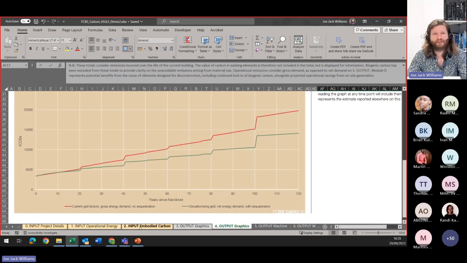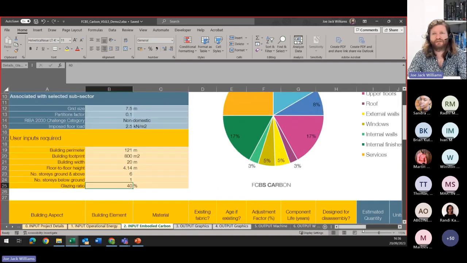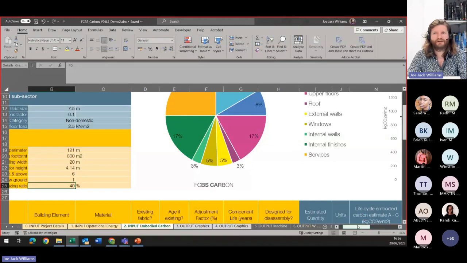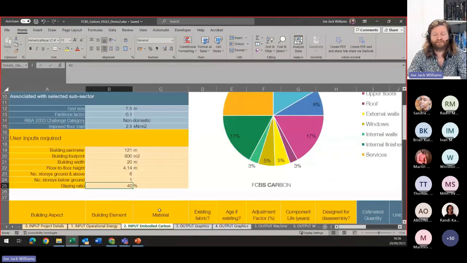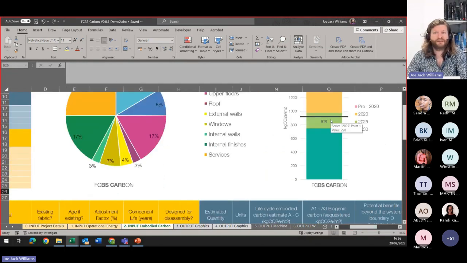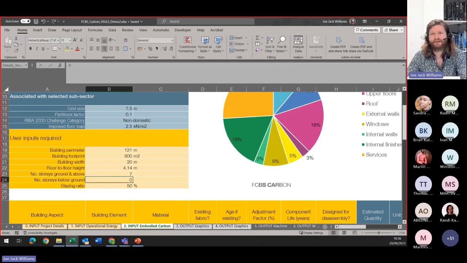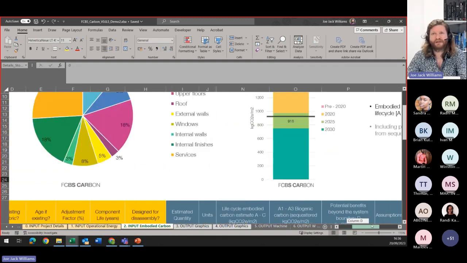So once we've got it built up, we can start to make changes to it. So for instance, you remember I said about the glazing ratio. If you look at this, it's 917. If I change this now to 50%, say, we can see if it makes much of a difference. It went up by 1, so don't sweat it, it's not that important. And you can start to think about, what if you don't have a basement and you make it 7 stories tall instead? We can go back over here and you can see it drop down to 800.